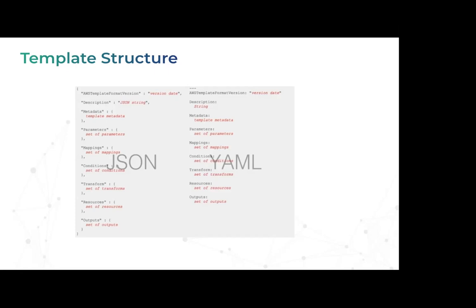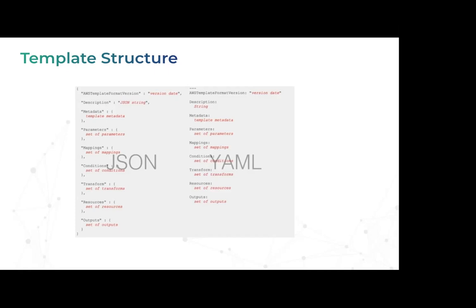There you can define a mapping and configuration so that if the environment is X, you launch Y sets of configuration. If the environment is Z, then you launch the A sets of configuration. I will walk you through a sample template on how exactly this can be done. But do remember, parameters, mapping, and condition are very important if you want to reuse your template or make it more dynamic so you can reuse it across different environments.